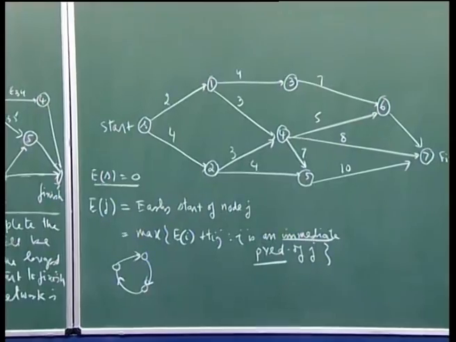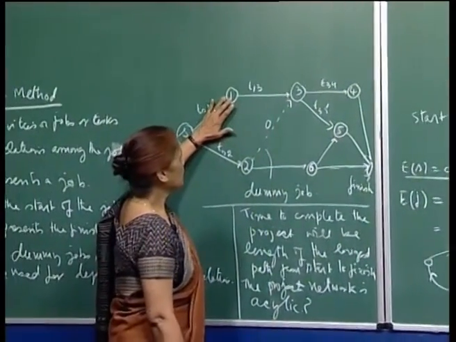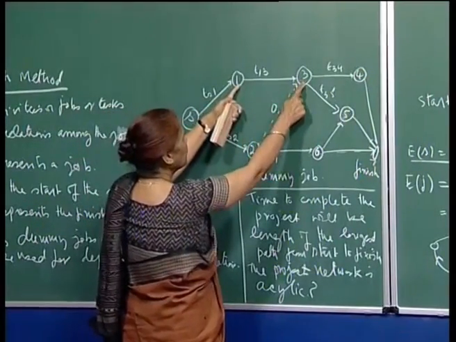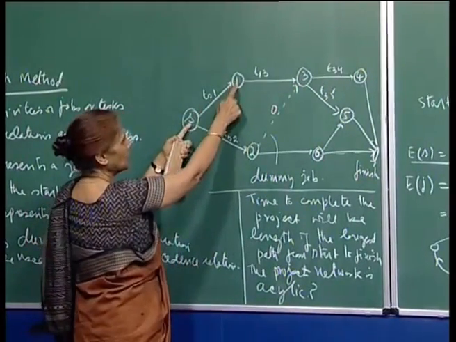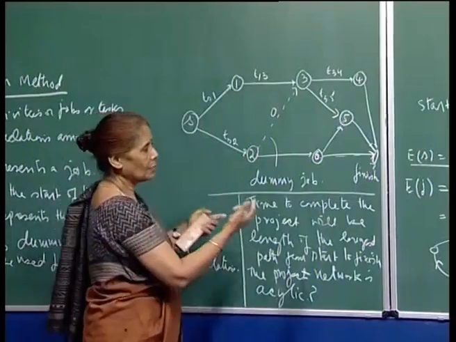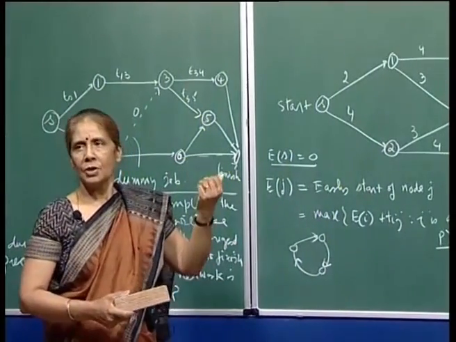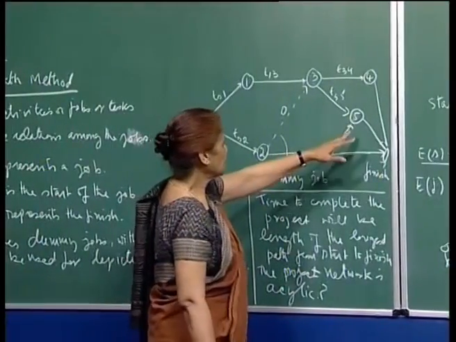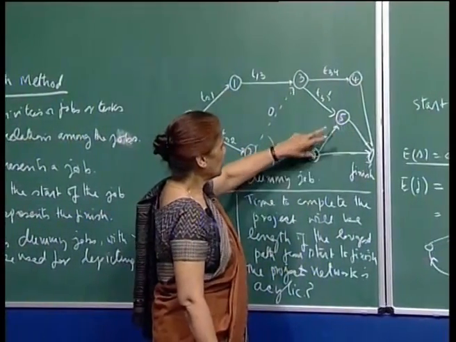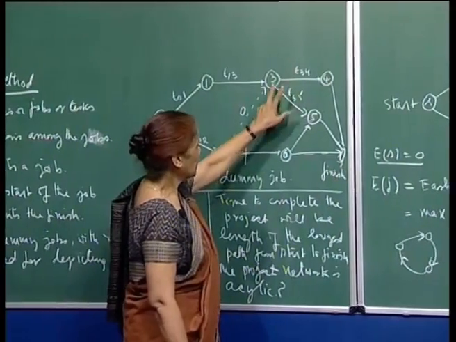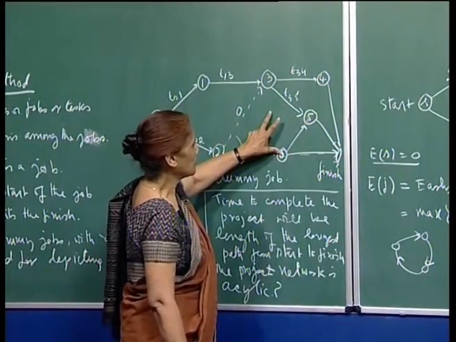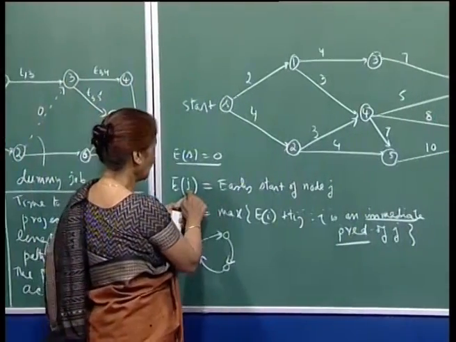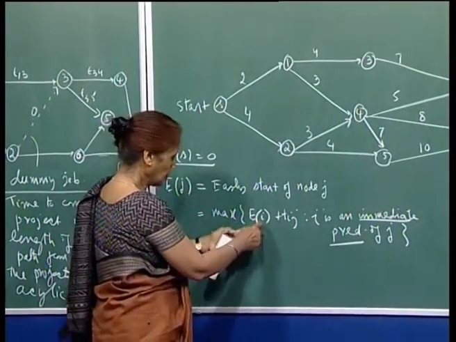For example, for node 3 the immediate predecessor is 1, or you can say that for job 1.3, the immediate predecessor is S1 in terms of jobs. So you can have both the concept of an immediate predecessor node or predecessor job. For node 5, both 3 and 6 are immediate predecessors. So when you want to find the early start for node j, here is what you are saying,